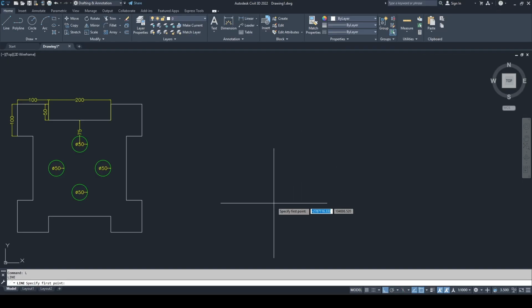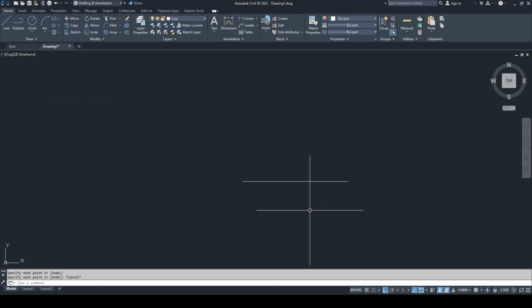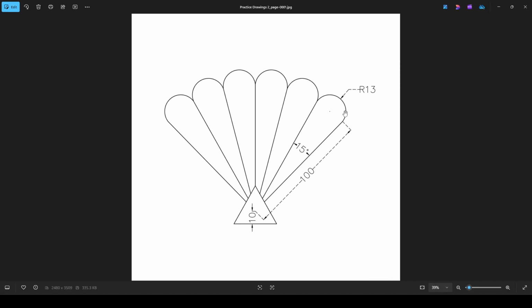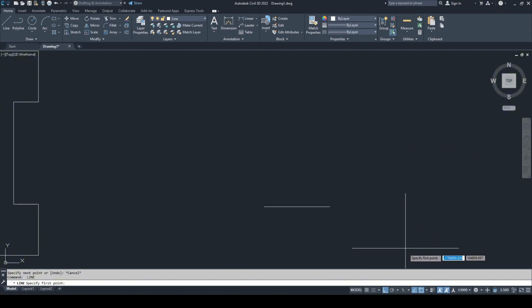let's just make a line here, and now access the midpoint of the line. Okay, here it is. So now as you can see, this line is made at an angle of 45 degrees. So for that, we will simply turn this on,